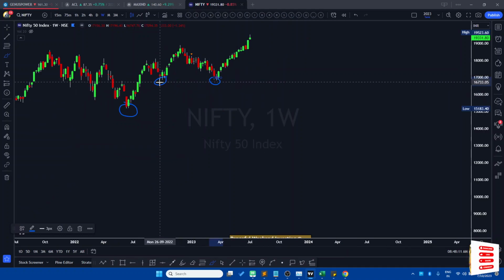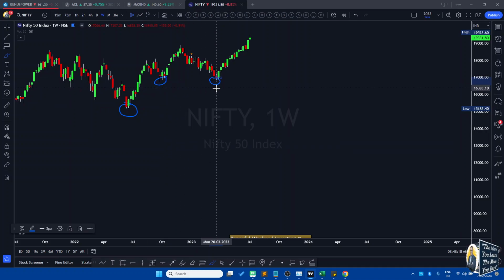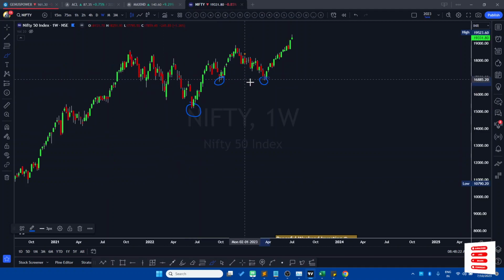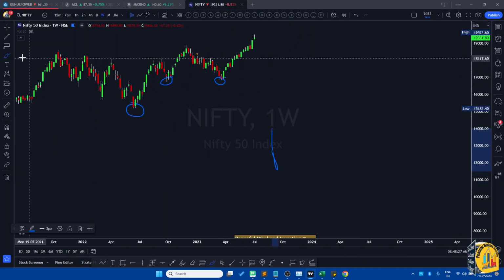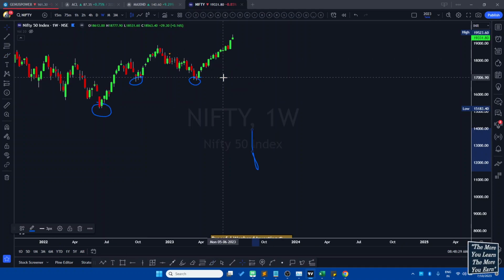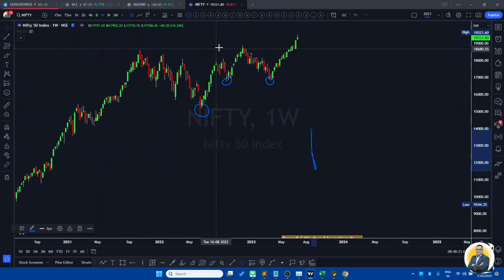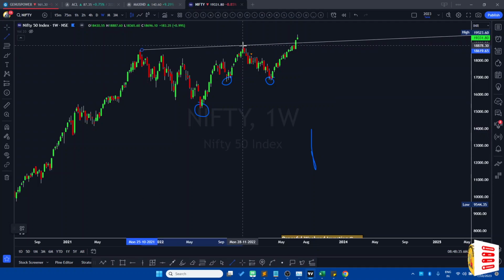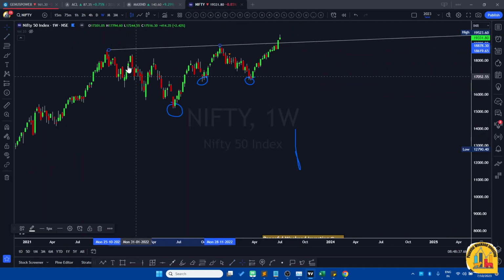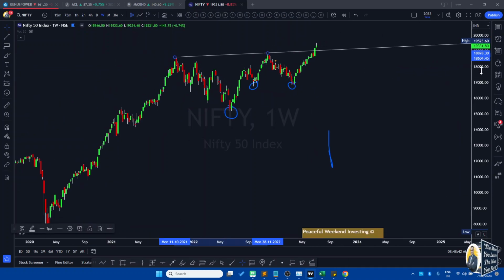If you see, it was slightly higher, right? The low here, if you look at this, was 16,747.7, and this low was 16,828.6. So I will still consider this as a low here. It never broke this. So it was making higher highs, right? And now, if I look at it, it was in a range in a way. Let me draw this. So this was the previous high, and Nifty actually closed above.